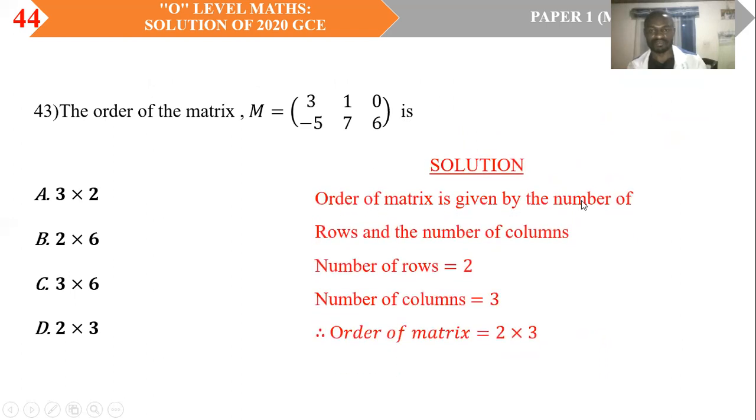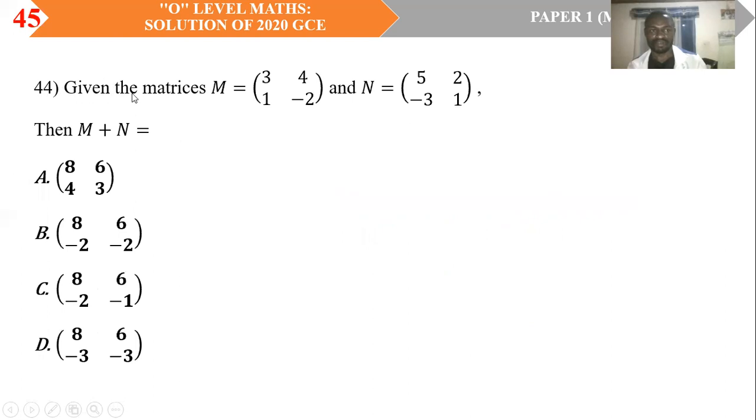The order of a matrix is given by the number of rows and the number of columns. The number of rows is 2, and the number of columns is 3. So the order of the matrix will be 2 by 3. Answer G. Question 44. Given the matrix M equals [3, 4; 1, -2] and N equals [5, 2; -3